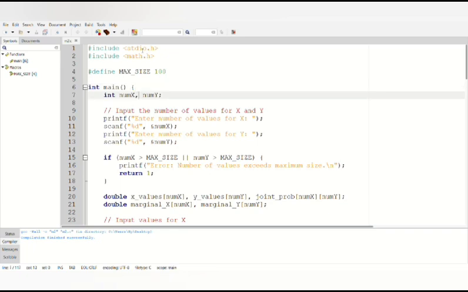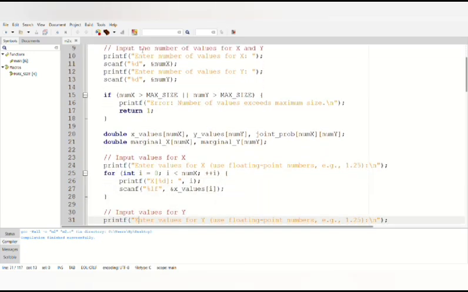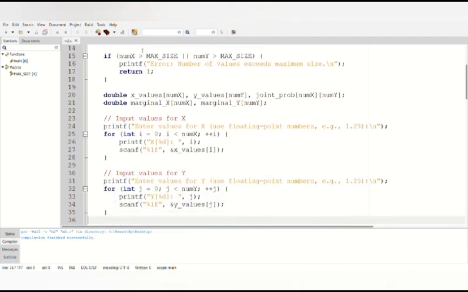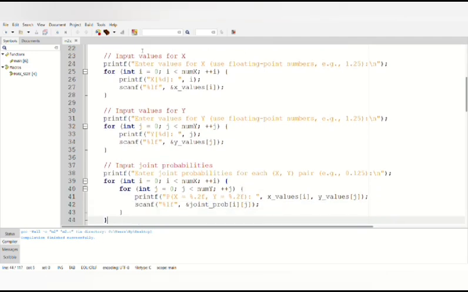Int x, we declare the x and y points, and we enter the value of x and enter the value of y. Here we check if num x is greater than the maximum size or num y is greater than the maximum size. If so, an error message is printed. Here we declare the double arrays of x and y, and input the values for x, and here we enter the values for y, and here is the input for the